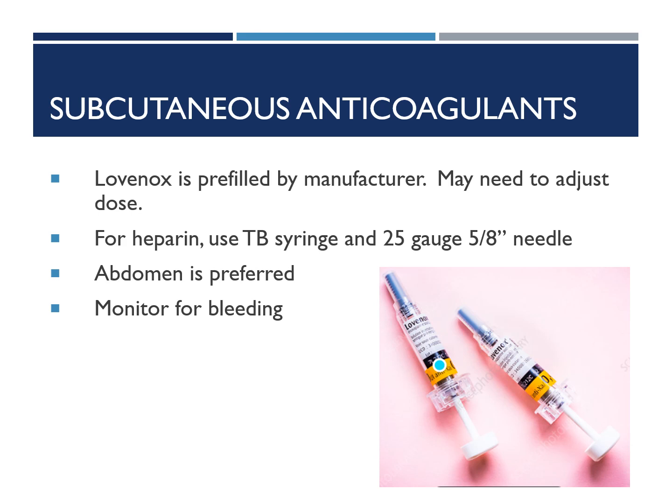When giving subcutaneous anticoagulants, there are some tips that I want to share with you guys. The 2 most common sub-Q anticoagulants are heparin and Lovenox. Lovenox is actually a low molecular weight heparin. Lovenox usually comes in pre-filled, pre-needled syringes like this picture that you see. You may need to adjust the amount of medication in the syringe depending on your patient's dose because they are pre-filled with a certain amount of medication in them. Heparin comes in a vial, so you're going to need to draw that up into a syringe. I typically use a 1 ml TB syringe and a 25 gauge 5/8 inch needle if you have the ability to change your needle. If not, I just use whatever needle is on the TB syringe.